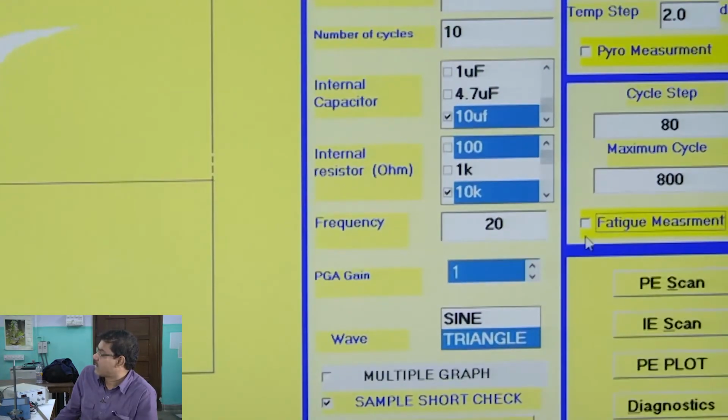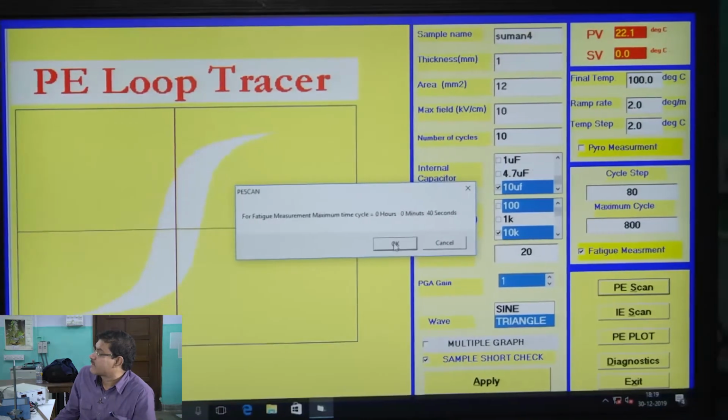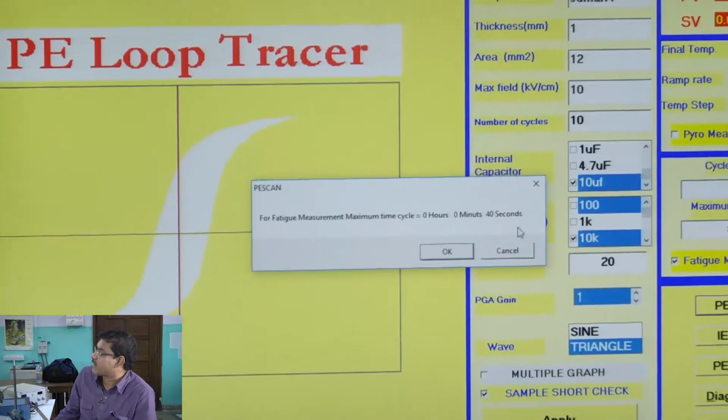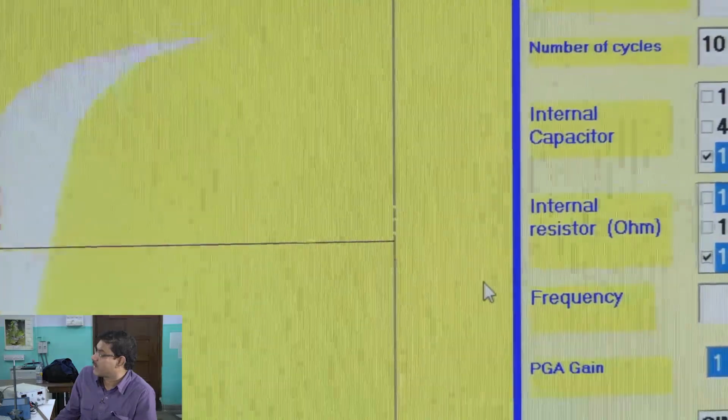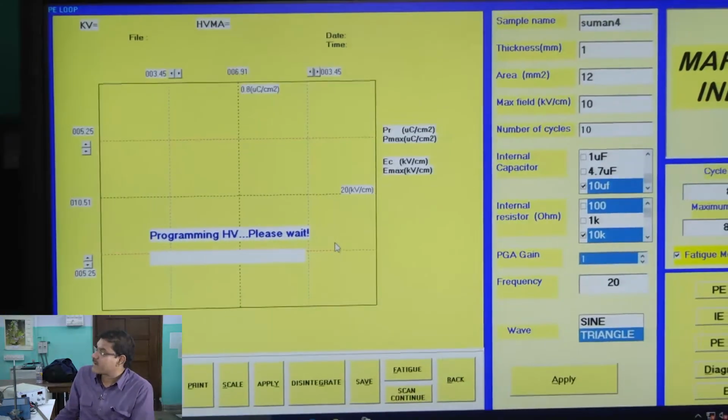I think I have to choose P scan, and OK, it will take data for 40 seconds. Yeah, I think it started the experiment.